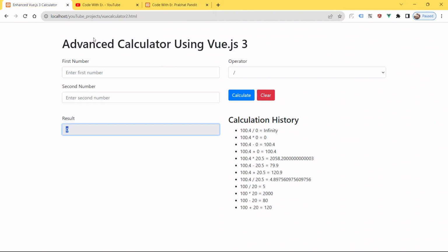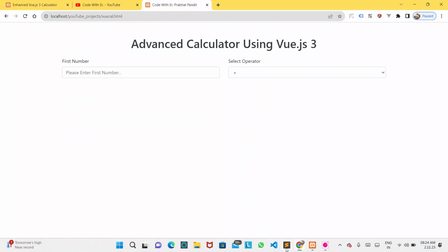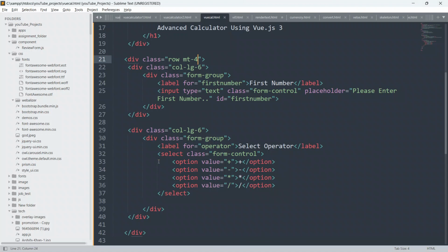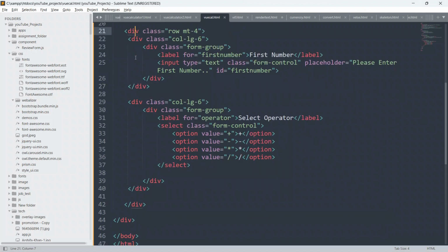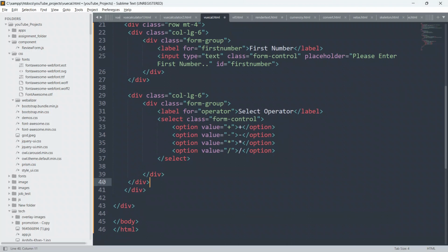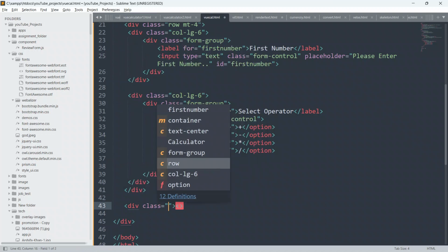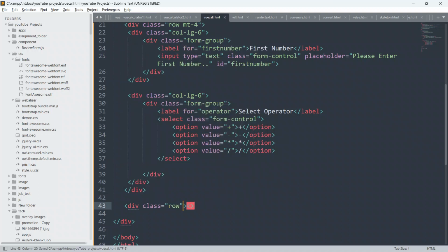So I will be creating this second number, the buttons and the result field. Go to the code. Below this div I'm going to create another div, give it a class of row, and give margin top 4, and close this div.